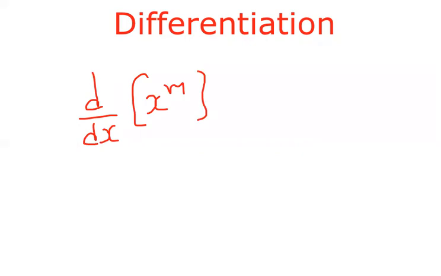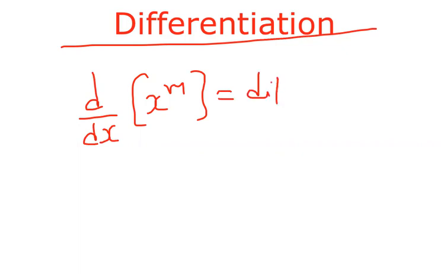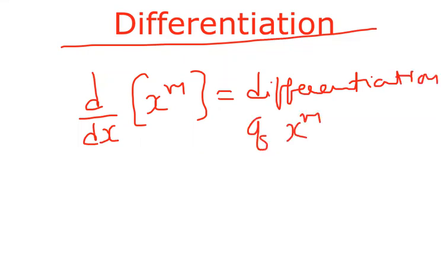Differentiation topic. Now, how to handle this one? The basic formula is d by dx of x power m. From the physics point of view, we are not going to discuss it in detail; mainly how to apply this formula is what we are going to discuss. How to read this one first: this is read as differentiation of x power m with respect to x. Remember how we are reading this one.